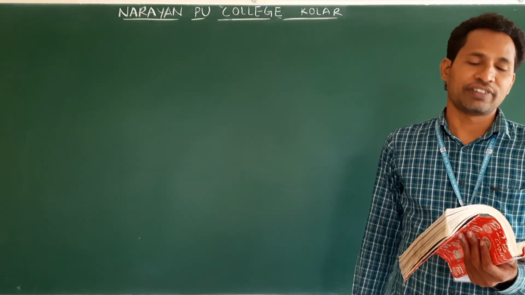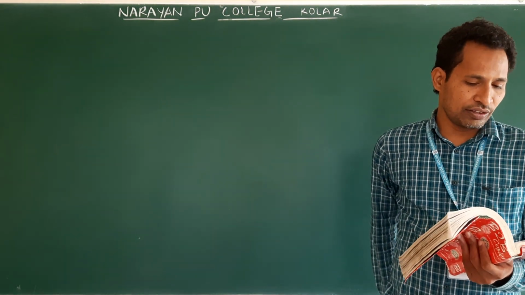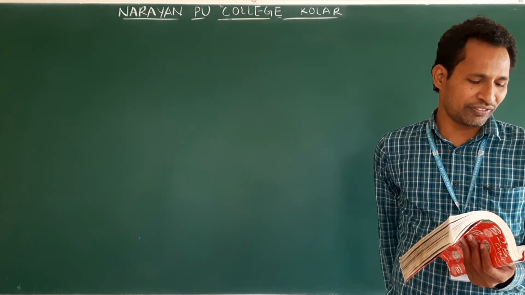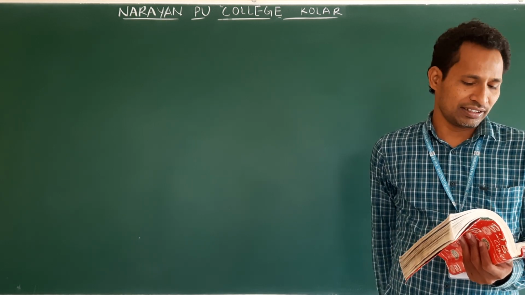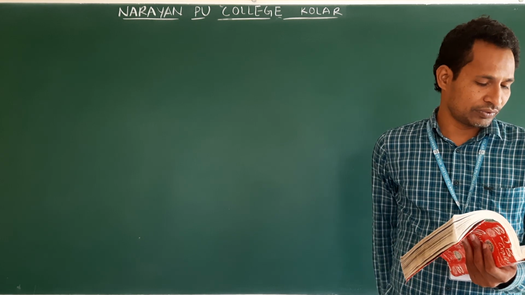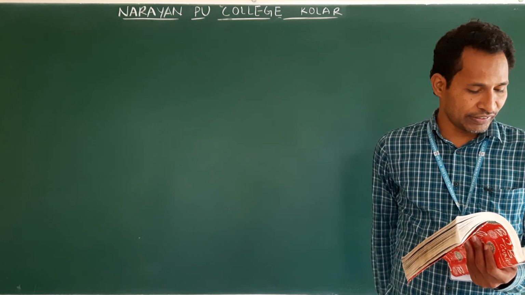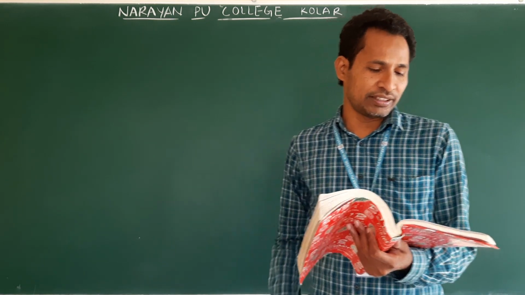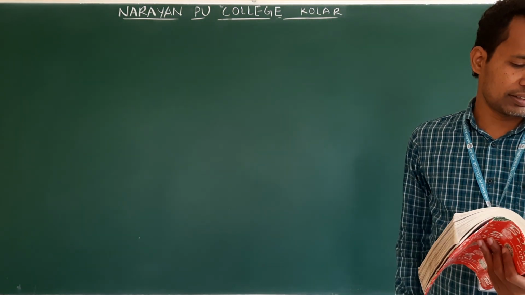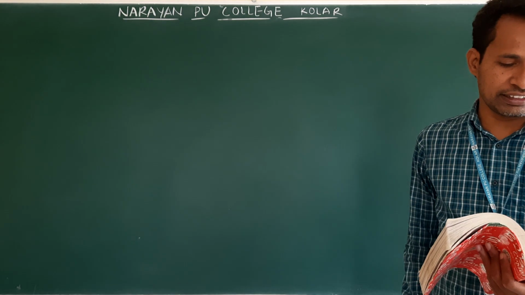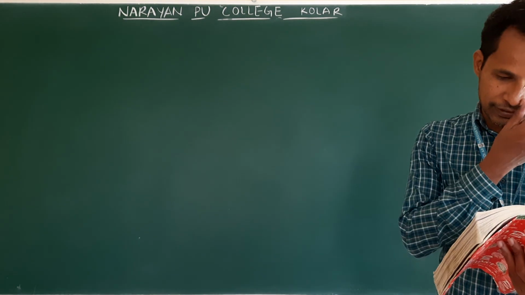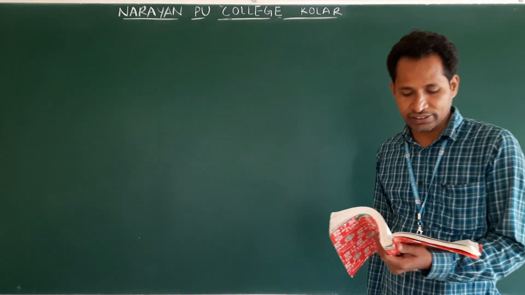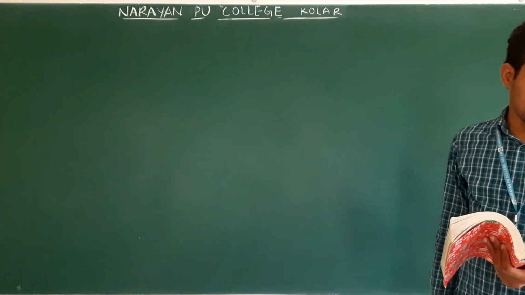Velocity is a vector quantity. Angular frequency is there. This is not a vector. Displacement is a vector. Angular velocity is a vector. I repeat, volume, mass, speed, density, number of moles, angular frequency, all are scalars. Remaining all are vectors. Next, pick up the second question.